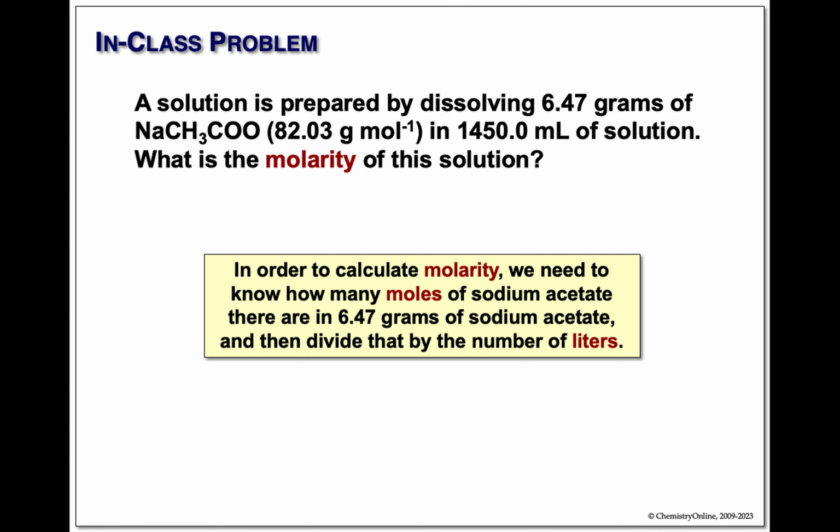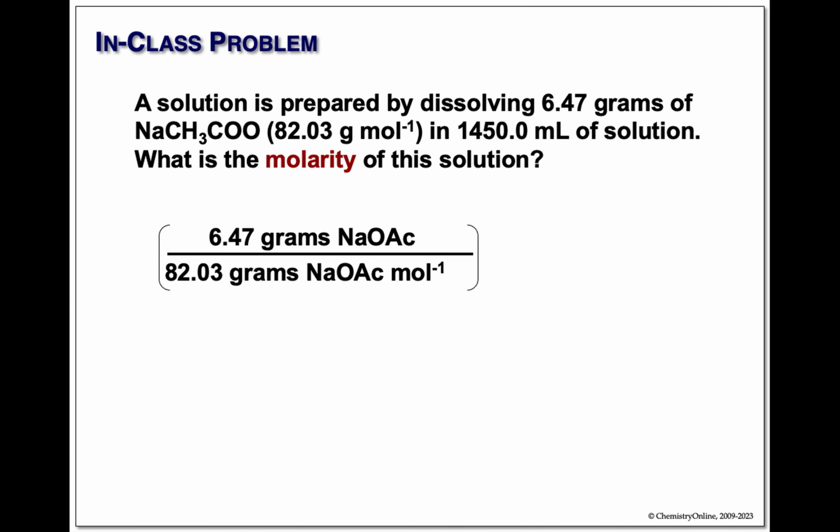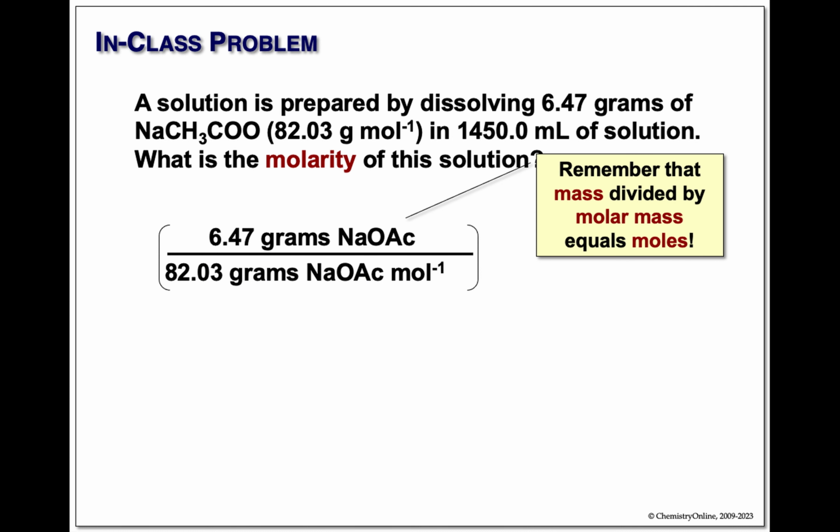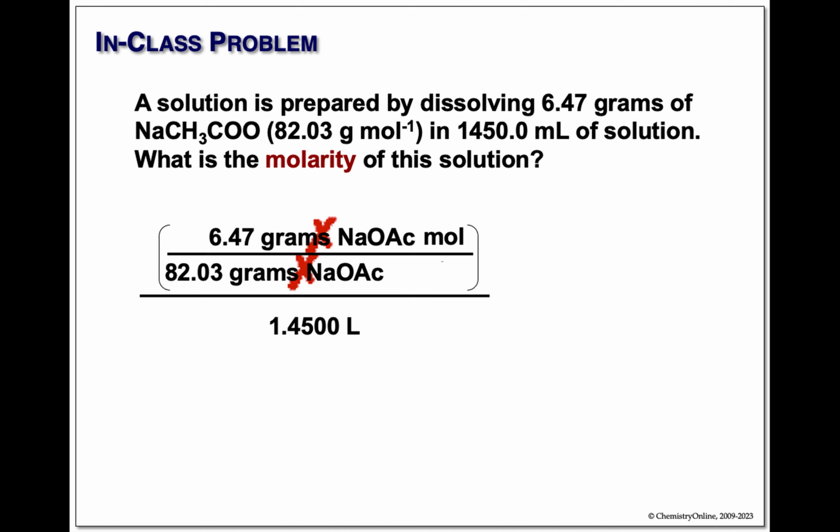To get moles, we simply need to take mass divided by molar mass. Mass divided by molar mass gives us moles. Divide our 1450 milliliters by 1,000, 1.45 liters. The math. These cancel, that goes up. 6.47 divided by 82 divided by 1.45,